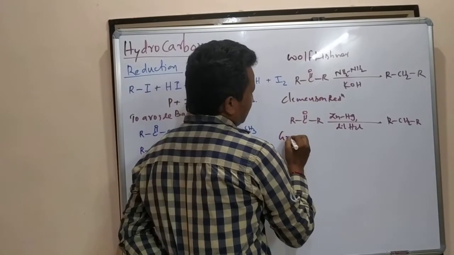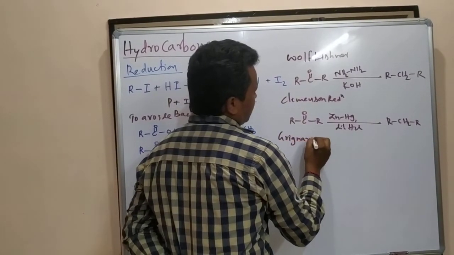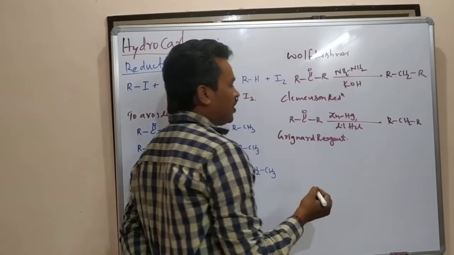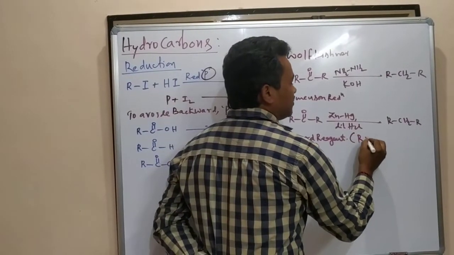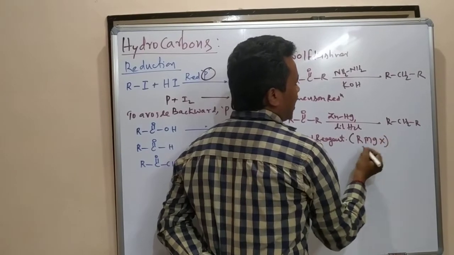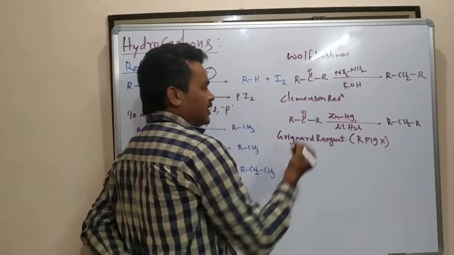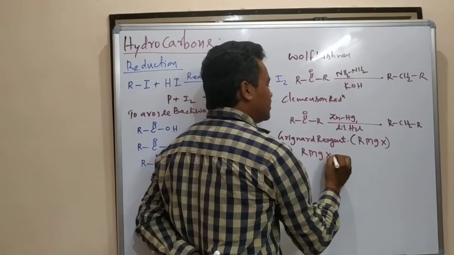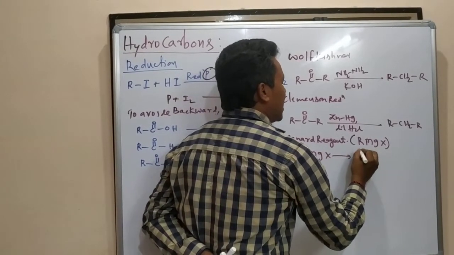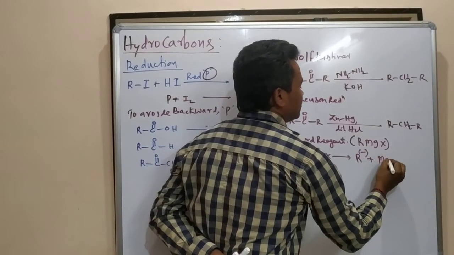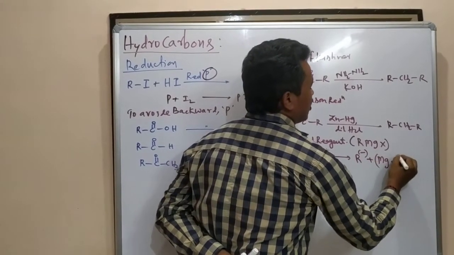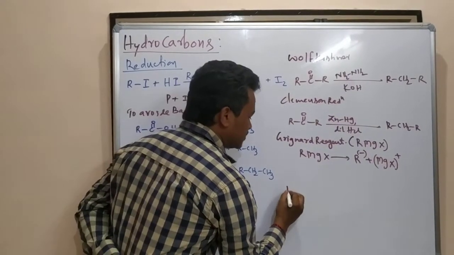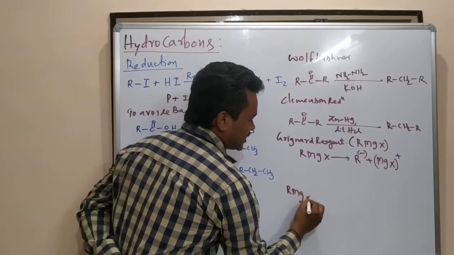What is that? Grignard reagent we can use here. What is the Grignard reagent? RMgX format, where R means any alkyl group. How do we break this Grignard reagent? RMgX can always be considered as R minus and MgX plus. Based on this, we can use RMgX here and make a reaction with different things.